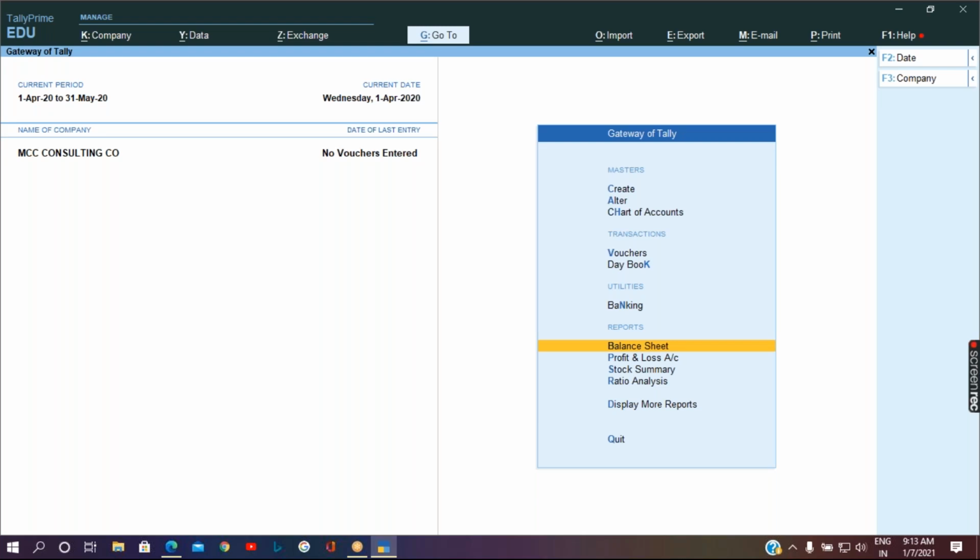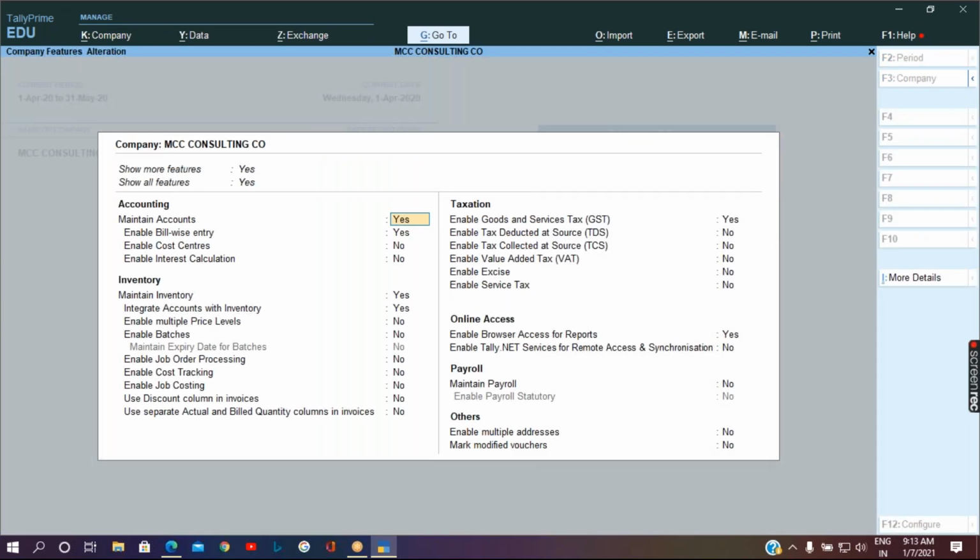If the shortcut keys and F12 options do not have the relevant option you are looking for, then you can try the shortcut key F11, which consists of company features. You can enable the required option if it is available in these F11 features.